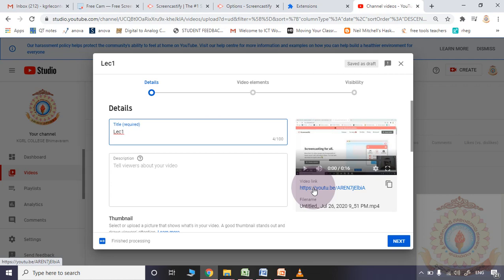There are so many ways to record your lecture. But in this series of ICT lectures, in this session, I told only two techniques: one is FreeCam, second one is Screencastify. Why am I focusing on these two? In these two techniques, directly there is a chance to upload to your YouTube also. By using Screencastify, the 5-minute video directly you can upload to your Google Drive. Very easily you can share the link to your students.